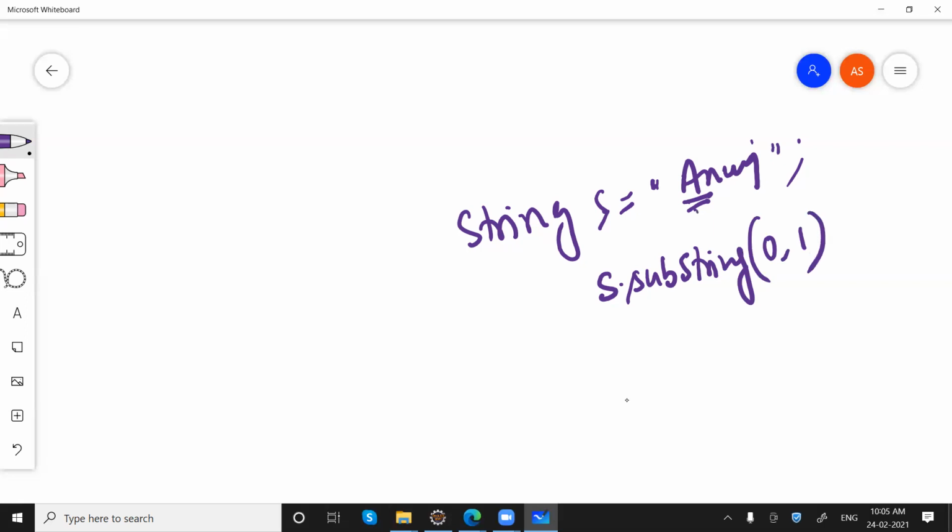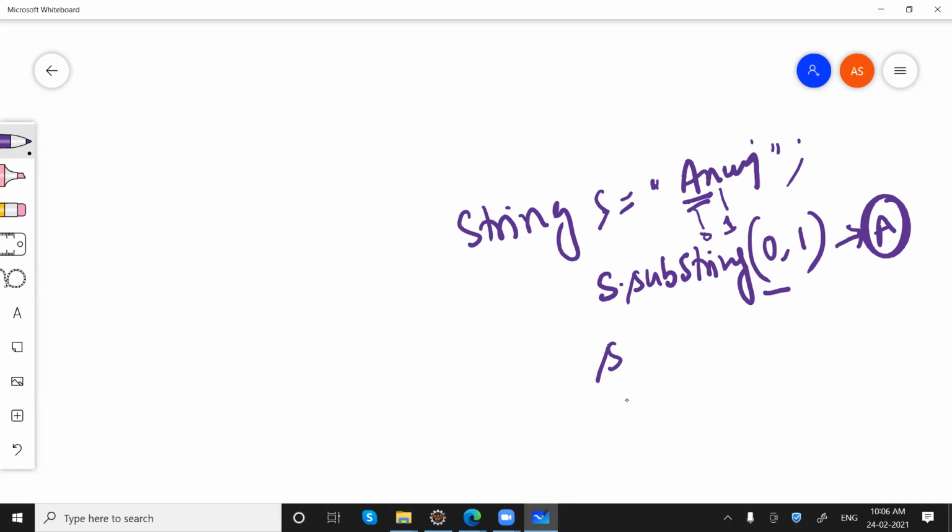That means the 0th character will be included, the first one would not be there. Getting my point? So from this we will get only A. So while applying substring with a begin index and an end index, the end index would not be included in the substring. Okay.